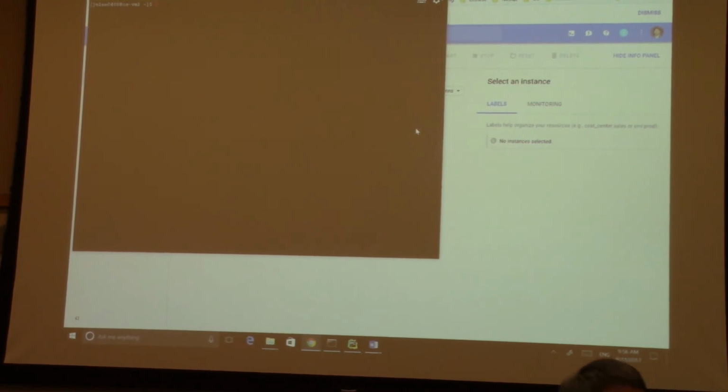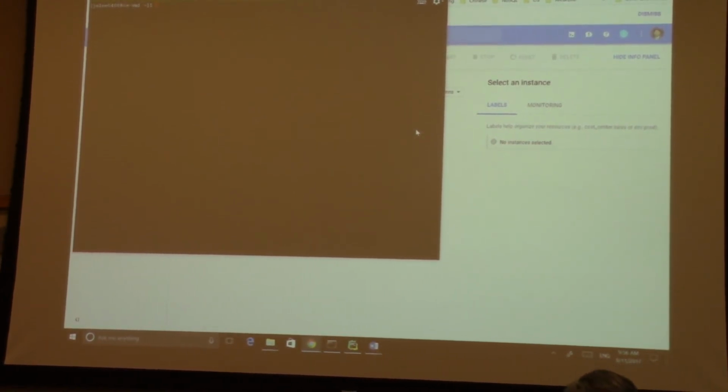Then the next thing, from now on, we are going to use this one for your exercise lab, for your project and everything, okay? This is just a computer that you purchased right now. If you leave it like that, you will probably see the estimated charge per month, like $20 or $30. It will be charged even though you don't use it, because you already created it. So if you try to avoid the extra charge,